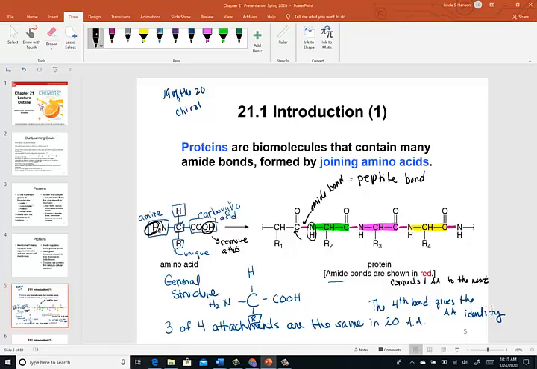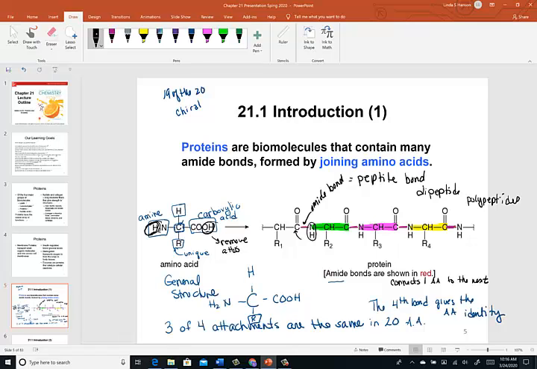Amino acids, when they begin to join one to the next, one amino acid bonded to one other, will be known as a dipeptide. Dipeptides can go on to form polypeptides, and polypeptides go on to form true large structures called proteins. All right, so we've taken the time to draw out a general structure, and we've drawn